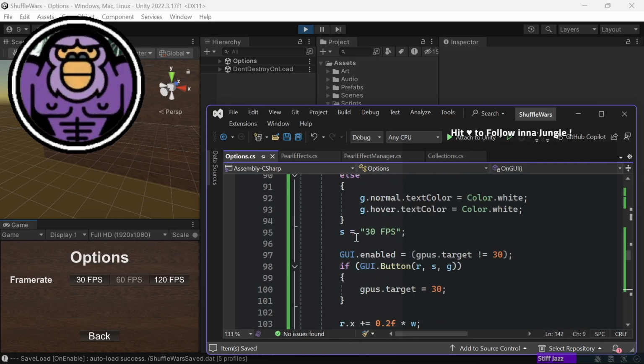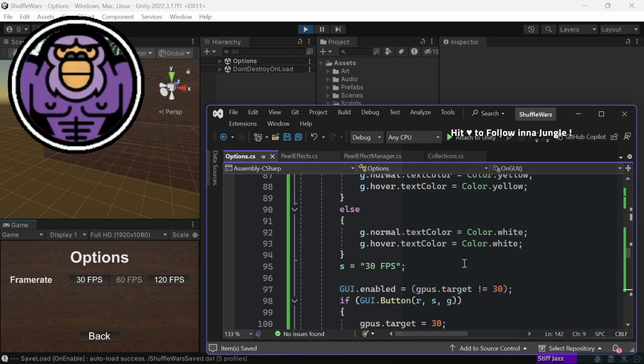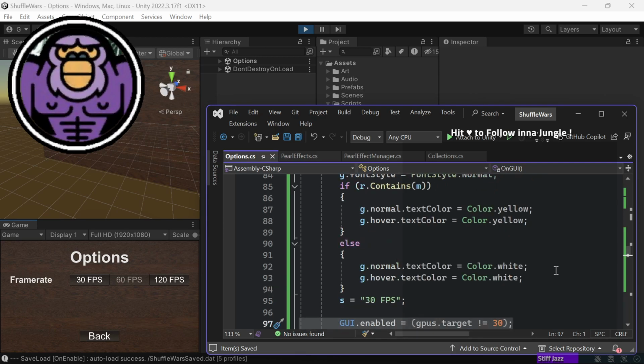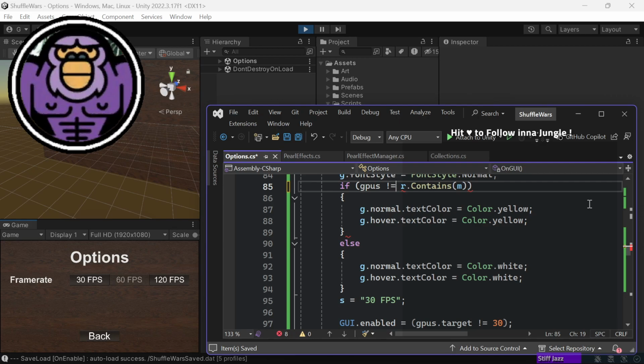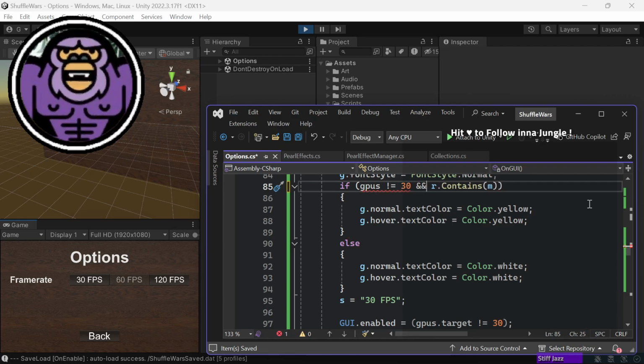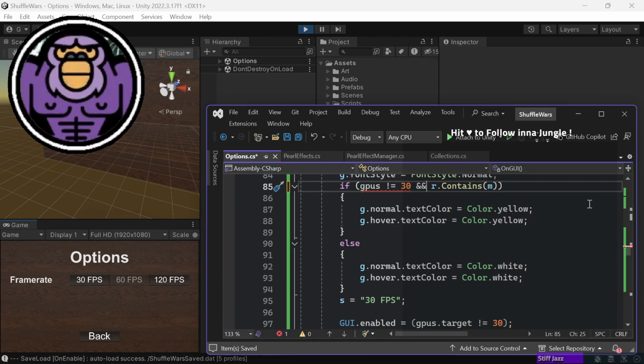Okay, that is this pattern here. And I'm literally going to say, if it doesn't equal 30 already, and, sorry,